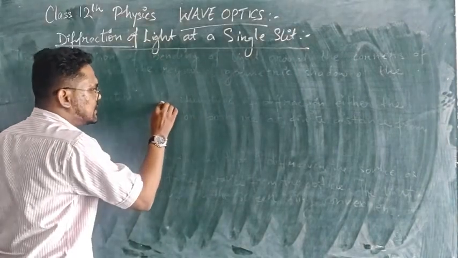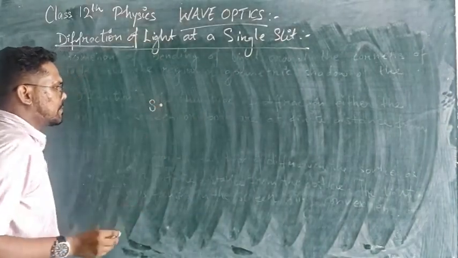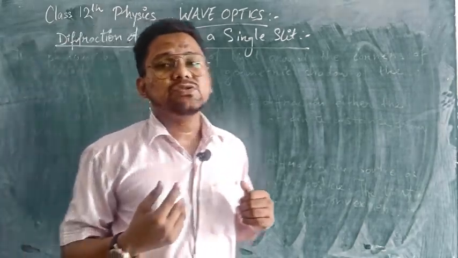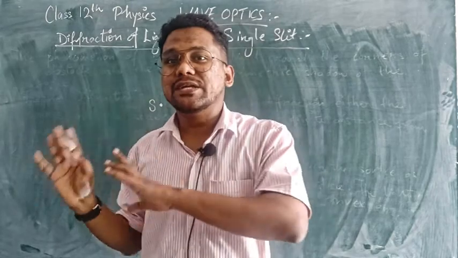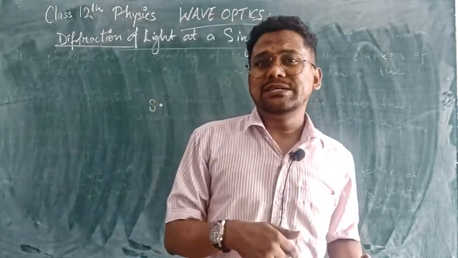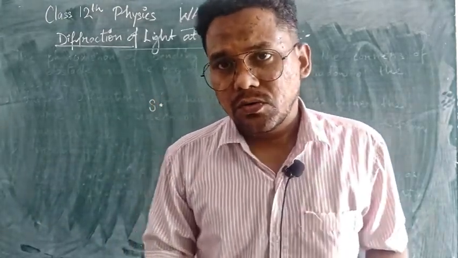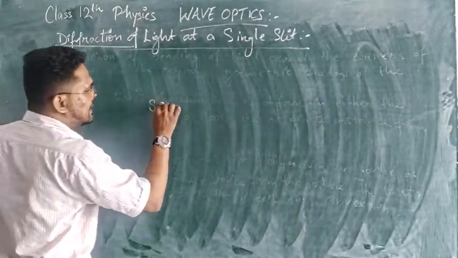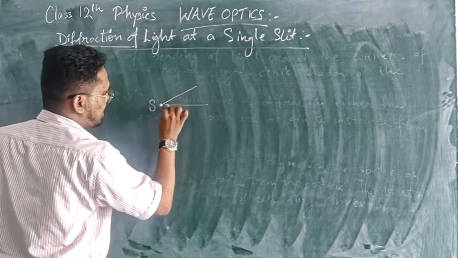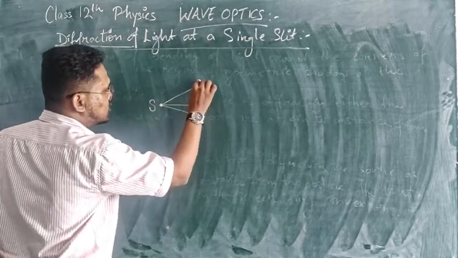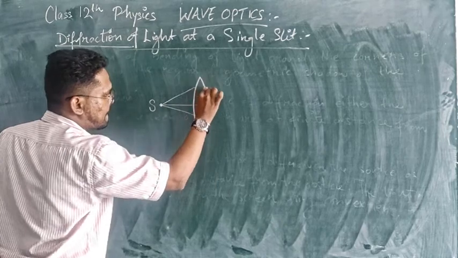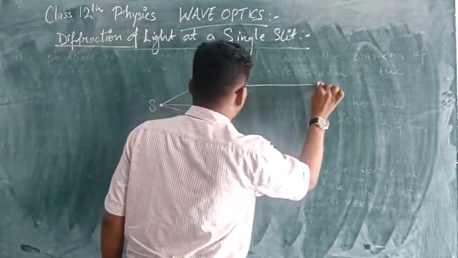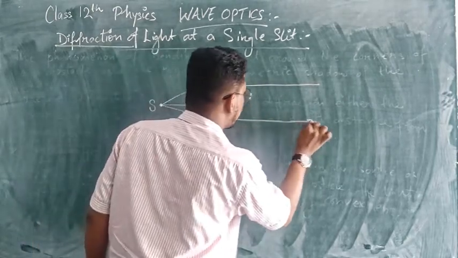We are considering that we have a source of light, and because it is not easy for us to make a source of light which is at infinity, we will use a convex lens here also. Suppose we have a source of light emitting light in all directions. I use a convex lens here. That convex lens forces the rays of light to go in only one direction,